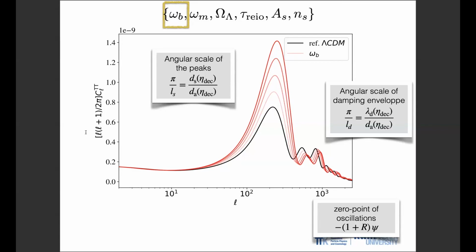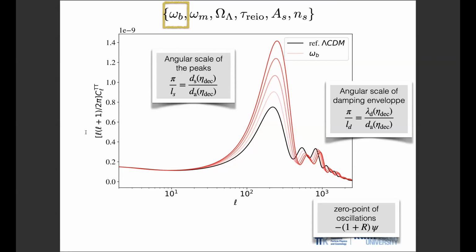Now, what about the scale of the peak? We have seen that the scale of the peak corresponds to, intuitively, what determines the scale of the peak is the value of k at which I have maxima and minima. So it's the value of k for which this would be 1, and the phase of my cosine would be 2 pi. So it means that I have a peak for the modes which are equal to the sound horizon